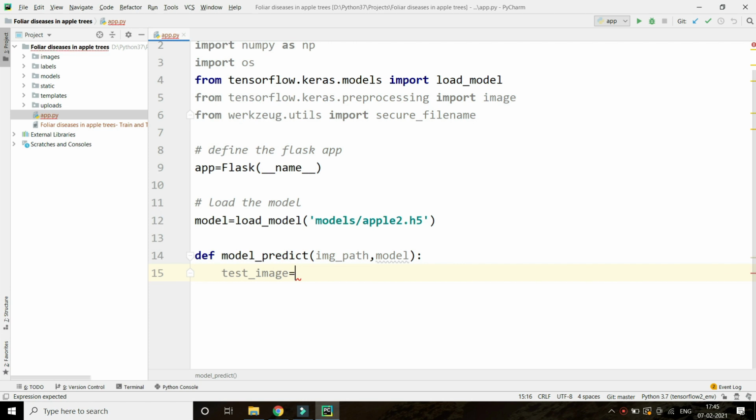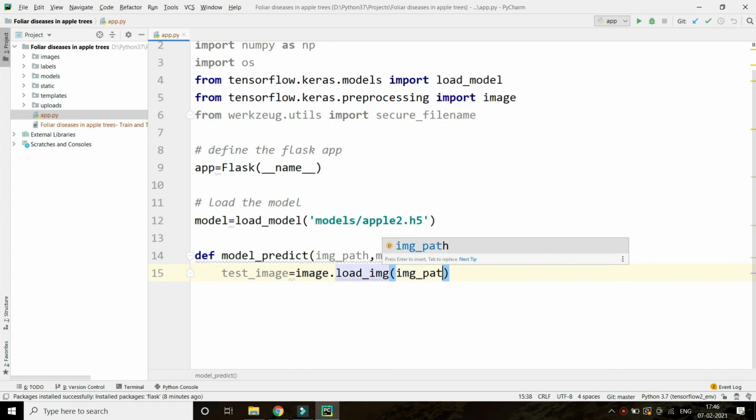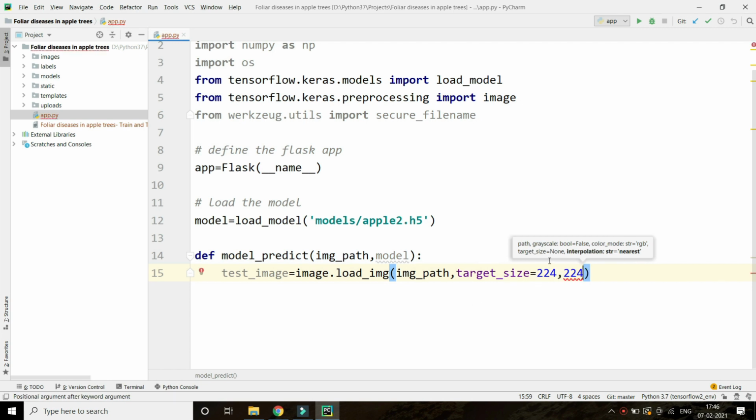So image.load_image with the image path, whatever path the user gives, and it resizes it to 224 by 224. This is the image size in which we trained our model in the first part.